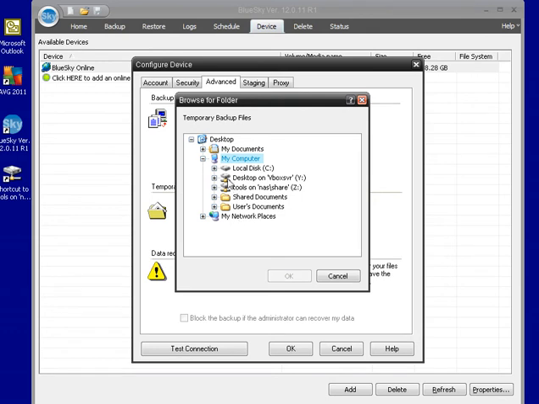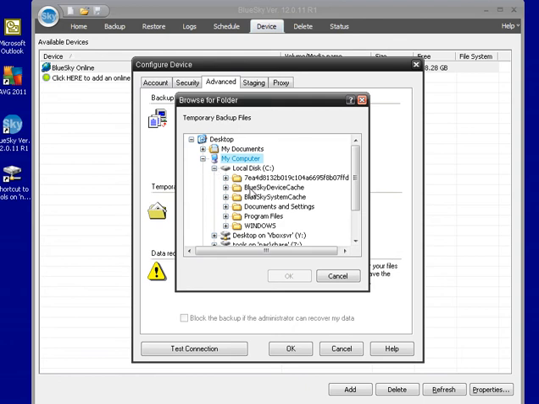So what we like to do is move the cache file as close to the root of the hard drive as we can. I went out to the C drive and created a couple of folders, the BlueSky device cache and a BlueSky system cache. There are 2 cache folders that it keeps, and they cannot both live in the same spot. They'll give you an error if you try to put them in the same spot. So you have to have 2 different locations. They can both be on the same hard drive, although they don't have to be, but they do have to be in 2 separate